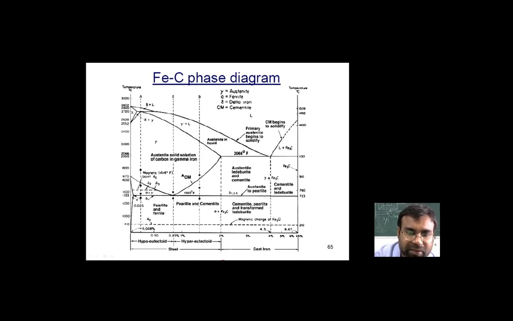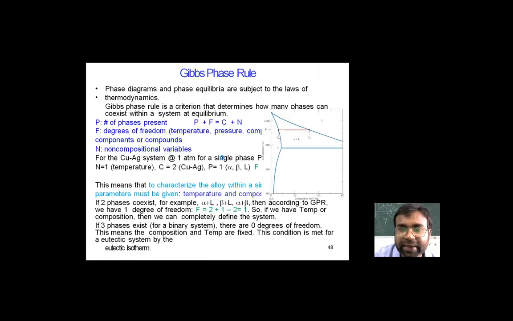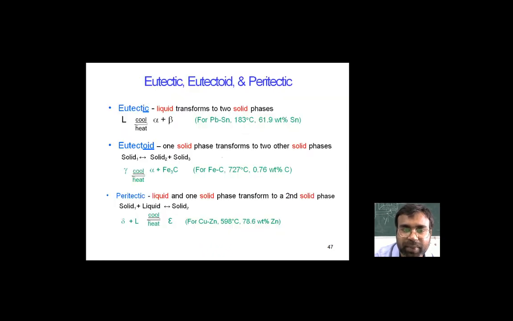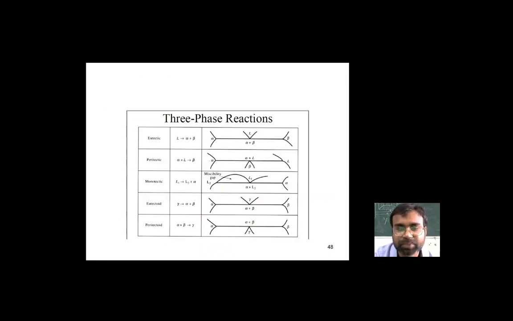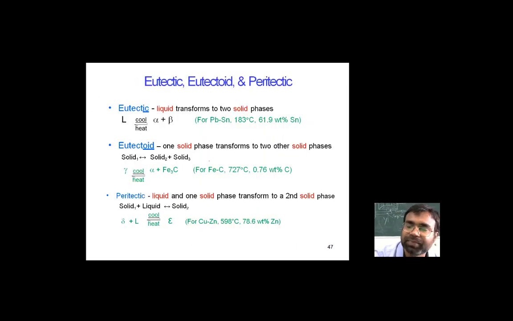As you can see, there are various names here: pearlite and ferrite, pearlite and cementite, austenite ledeburite, and austenite pearlite. So these are all the micro constituents which identify the microstructure of the material with respect to temperature and composition, and lead to the properties of the material. That is what we are discussing, and we will discuss one by one in detail. Before that, we just talked about the reactions which happen in this iron carbon diagram.